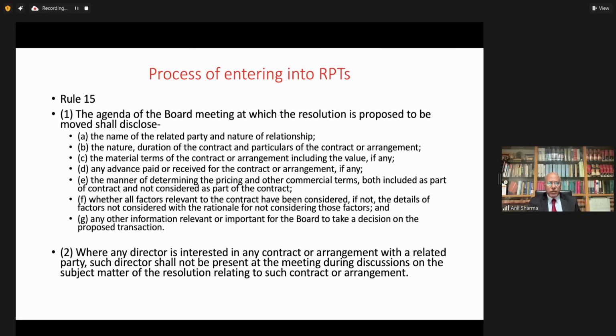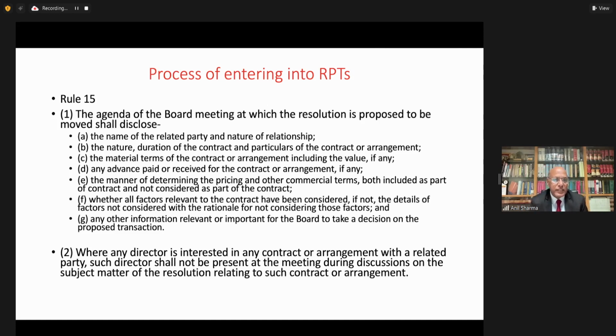Whether all factors relevant to the contract have been considered. If not, then what are those factors which have not been considered and why those are not considered fit enough to be included there, and any other information which is relevant. So the note has to be a wholesome note, giving the entire gamut of information on the related party transaction, and the terms and conditions, the consideration involved in that transaction. The second, first is the agenda, and the second important